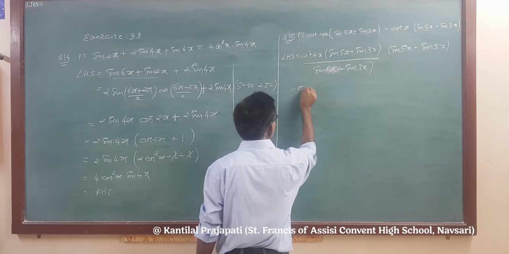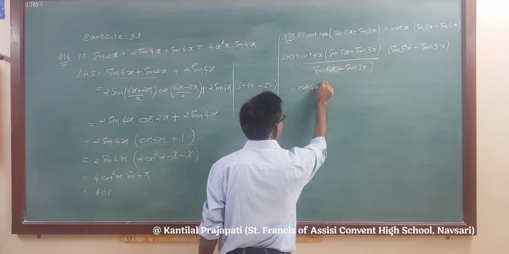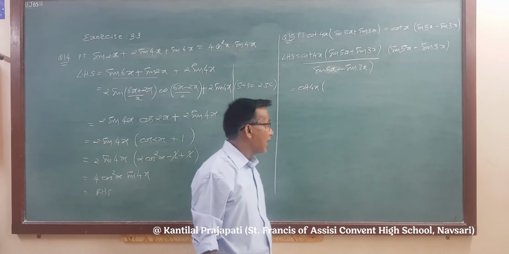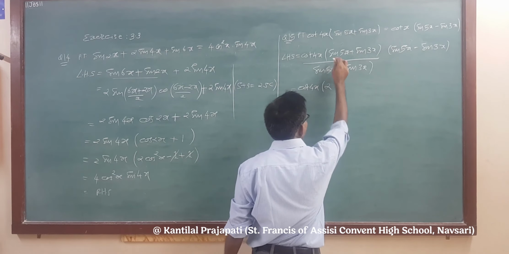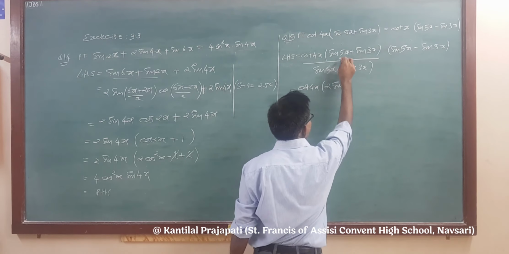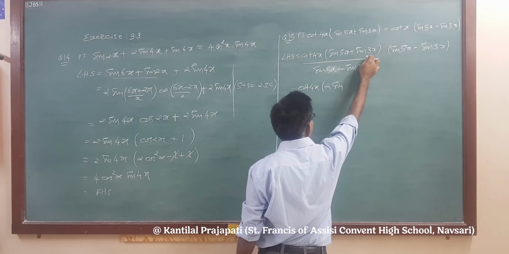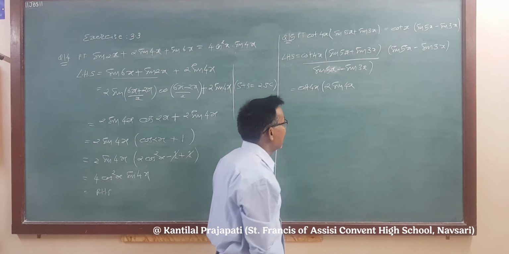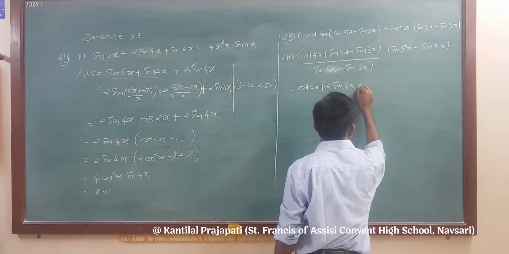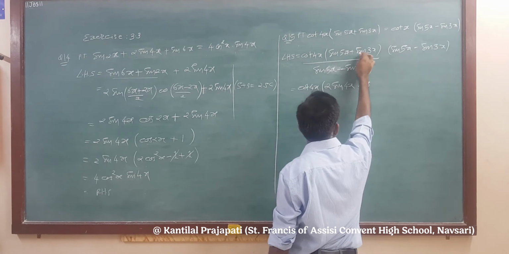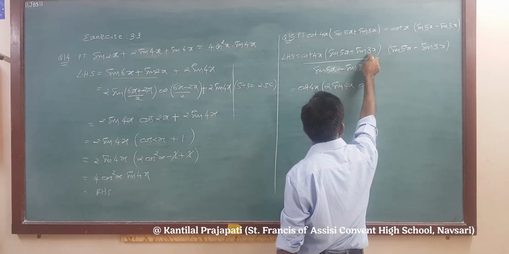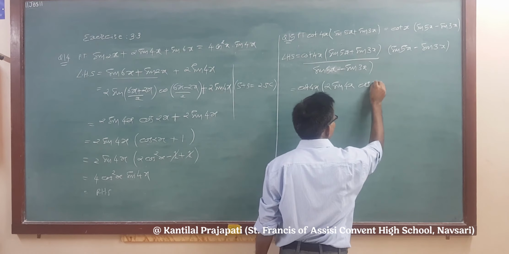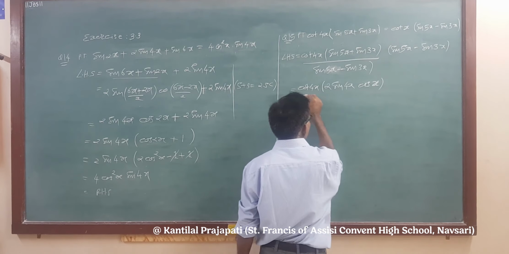But now cot 4x. Now simplify sin plus sin. What is sin plus sin? 2 sin cos. Right? The sum is a product. So 2 sin of 5x plus 3x, that is 8x, 8x by 2, that is 4x. Sum of angle is divided by 2. Now product, sin plus sin, that is 2 sin cos. The subtraction of angle 5x minus 3x, what is it? 2x. 2x by 2, that is only cos x. Divided by